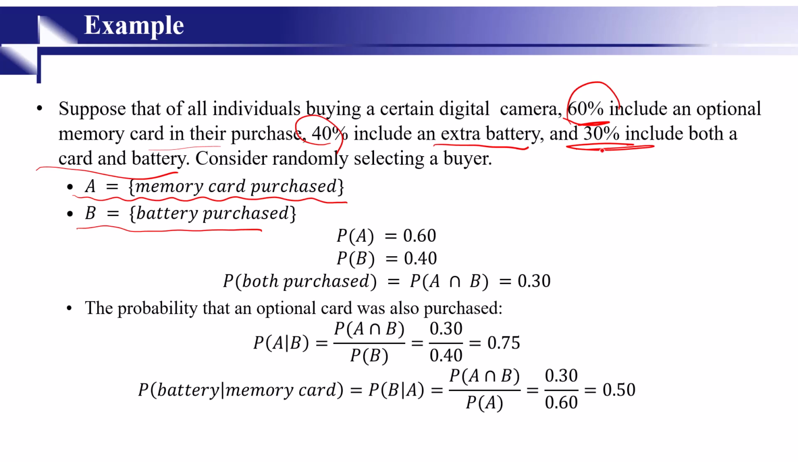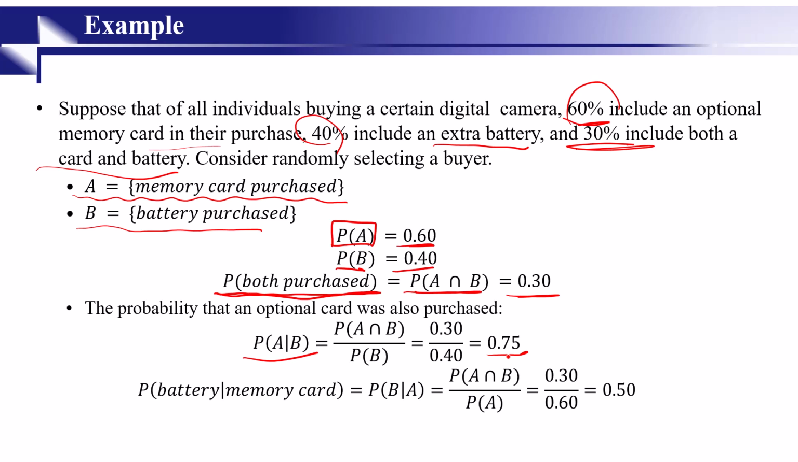If we pick a buyer randomly, what is the probability they got a memory card given they bought a battery? That is the probability of A given B. The probability of event A is 60%. The probability of event B is 40%. The probability of both of them, the intersection, is 30%. Then the probability that an optional card was also purchased is the probability of A intersection B divided by the probability of B. 30 by 40 is